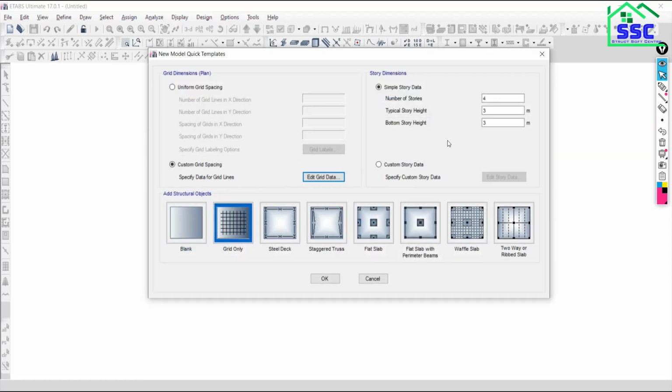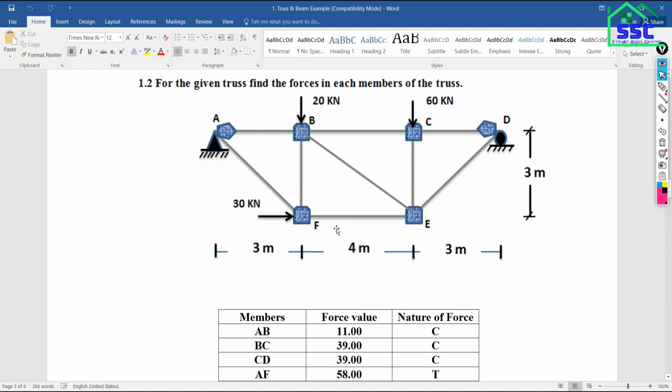Now we have to see the elevation. ETABS by default will create the base as a foundation level. So this is the level given by ETABS, and we don't need to consider it. Next, we have only one story.